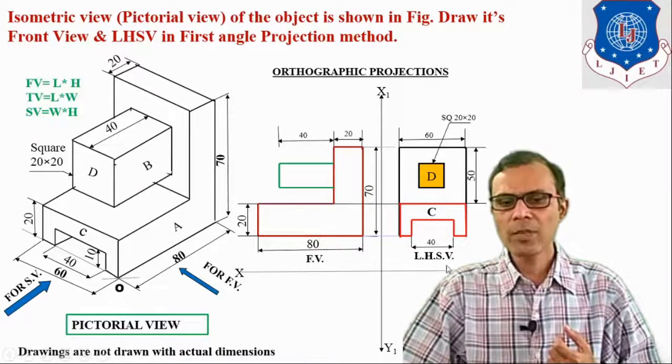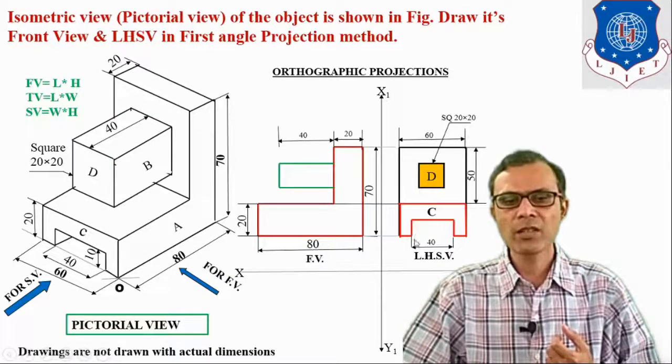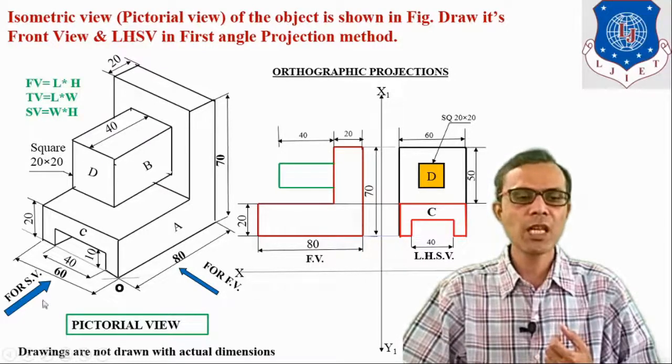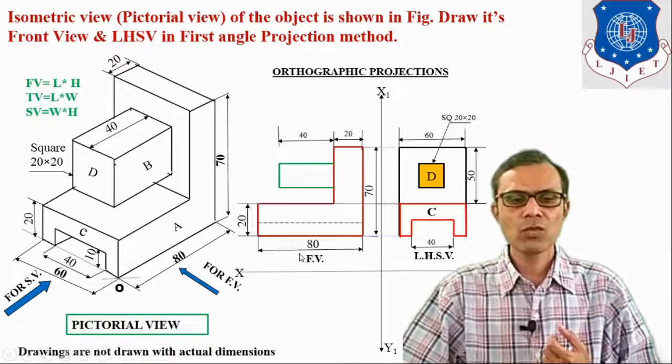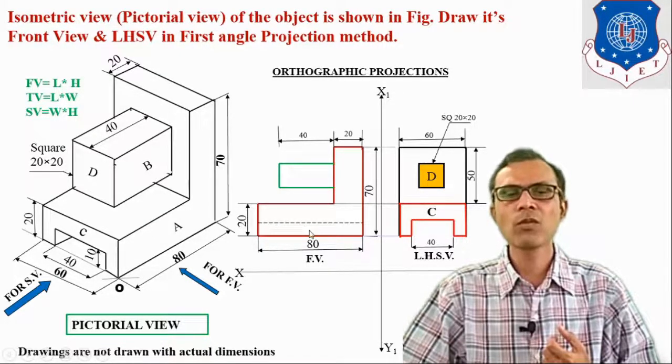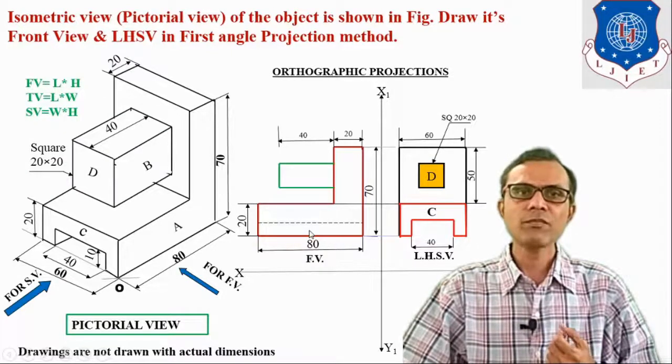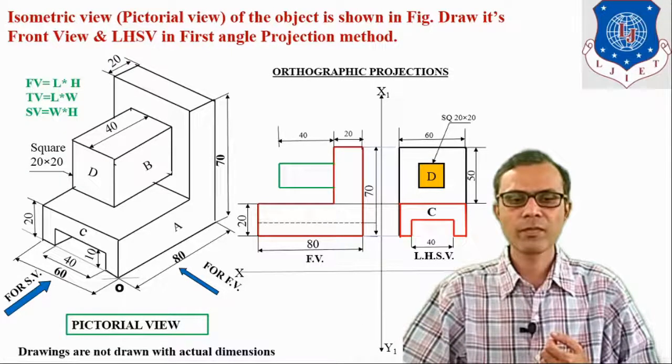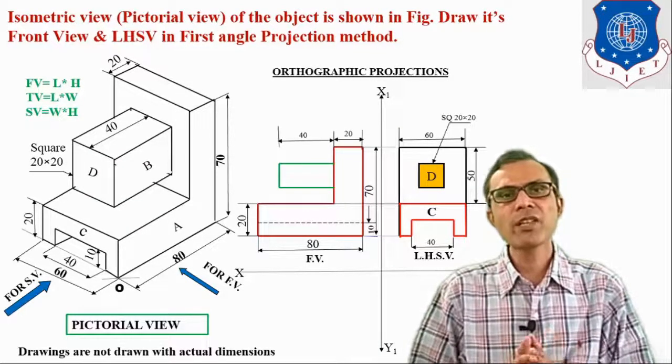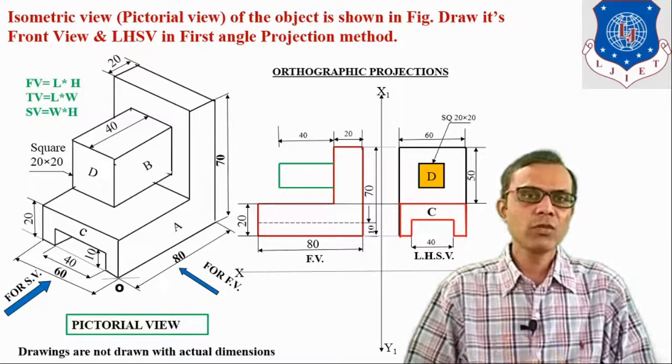You can see here in left hand side view, this slot is represented over here, and this dimension is 10 mm. So from this point you have to take the dimension 10 mm, and throughout the length, it means from this point to this point it is cut. So throughout the length it is cut. So from bottom measure dimension 10 mm and draw a dotted line. So it represents invisible detail. Write down dimension 10 mm. So it completes front view and left hand side view of the object.